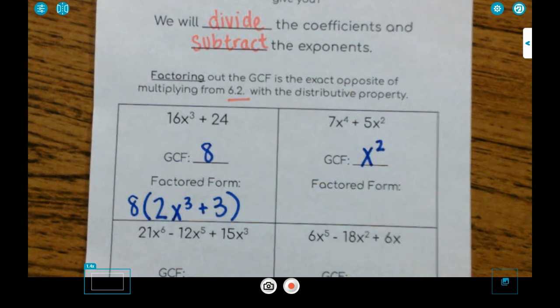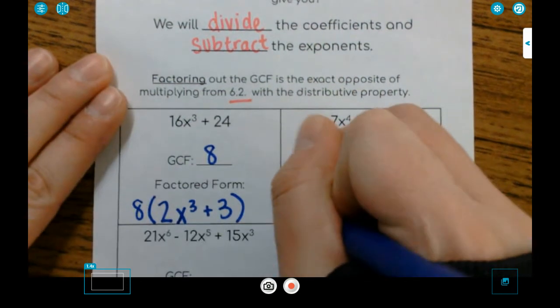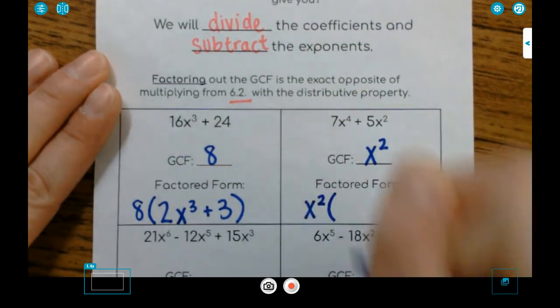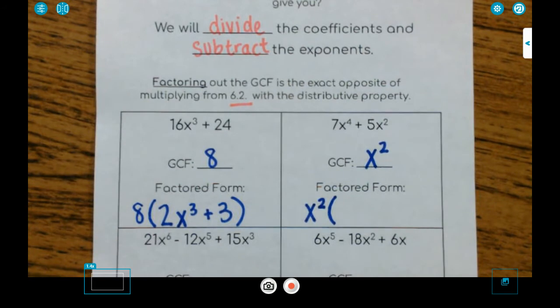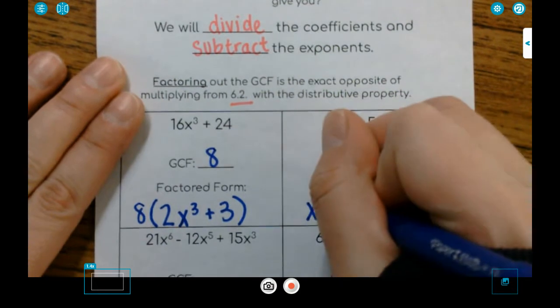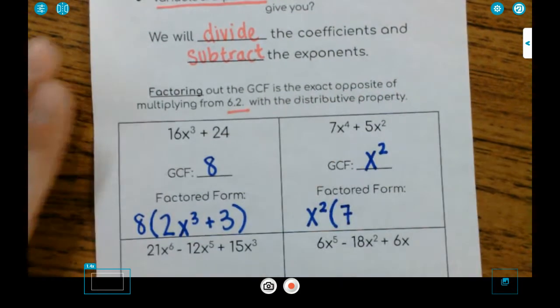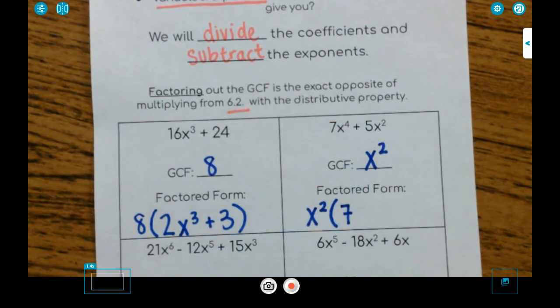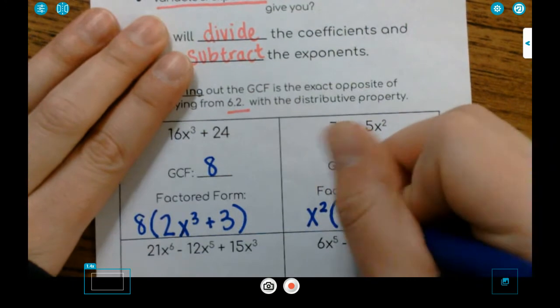Okay, so your GCF goes out in front of your parentheses, right here, and then we're going to divide it out. We're not dividing out any numbers, so the 7 and the 5 are going to stay the exact same. So the 7 stays the same. And then I've got x to the 4th, and I'm taking away x squared, and I'm going to subtract my exponent. So 4 minus 2 is 2. So I've got 7x squared